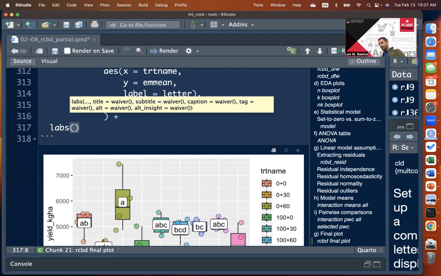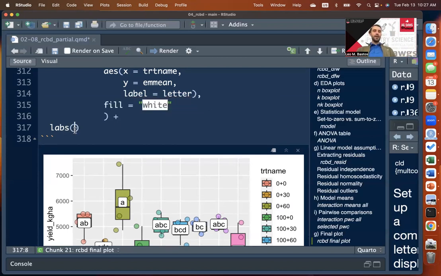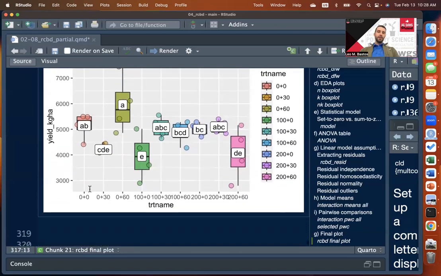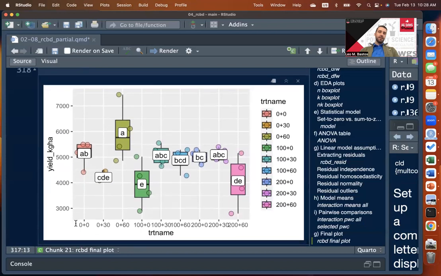So the titles of y-axis, x-axis, legend, the title of the plot, the subtitle, the caption. There's a whole bunch of things we can change in it. Right now, I just want to change the x-axis title. So we say x equals to, if we look here, if we just take a moment to think of what